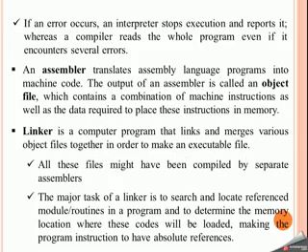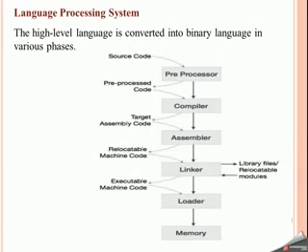Okay, so the next tool that we have in a language processing system is a compiler. As I've already told you, the main task of the compiler is to translate the high level language into the form that a computer system or the underlying hardware understands. Okay, and when we talk about a translator, apart from the compiler, there is one more translator, that is the interpreter. The task of the interpreter and compiler is the same. The compiler also translates one form of language into another, and the interpreter also does the same. But where does the difference lie?